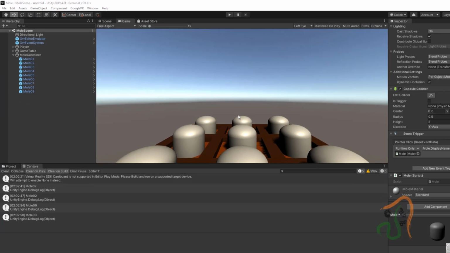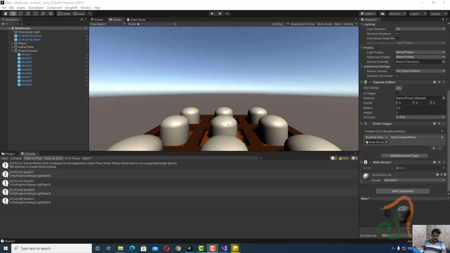Also here, when we look at a mole in the game, you will have a hammer, and as soon as we look towards it and click, the hammer is going to hit the mole.